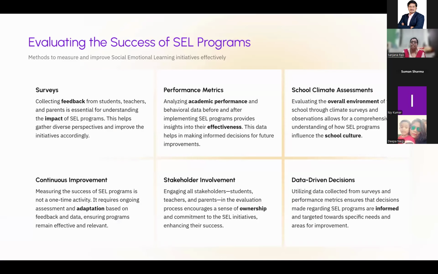So evaluating the success of SEL programs. So implementing all these things, somebody has implemented them somewhere, in some other country. When we have implemented them, we have to evaluate the success also. When we produce one product, definitely samples will be released. You must have seen free sachets given with atta, no connection with atta and toothpaste, or no connection with atta and shampoo. Even then, their own company releases that for marketing purposes.